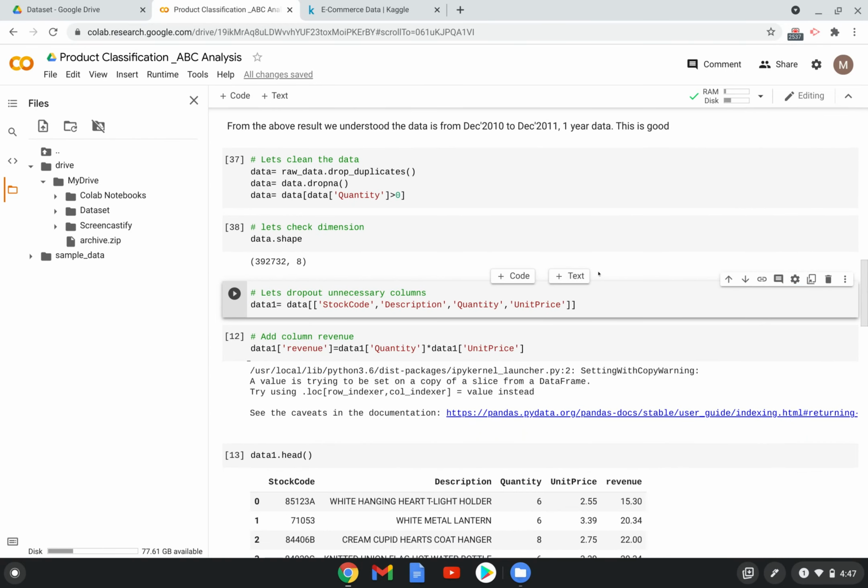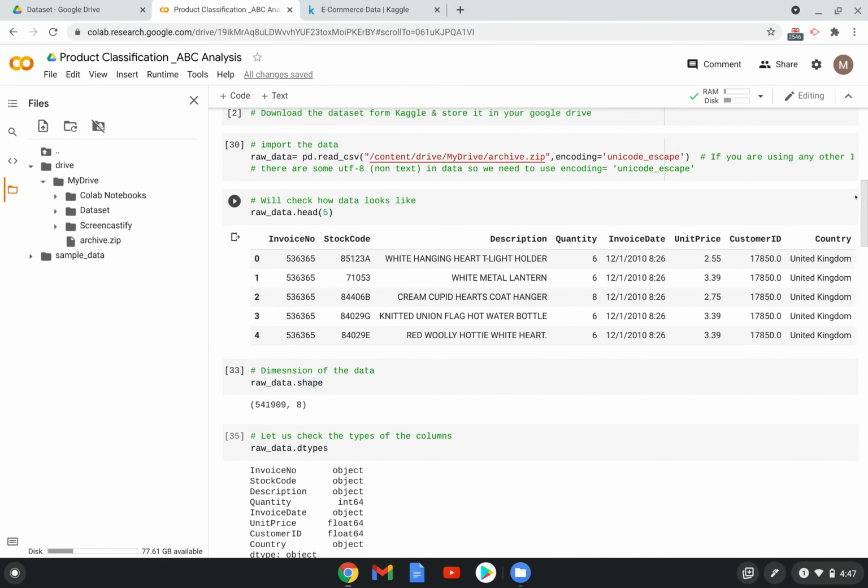Okay. Then to do ABC classification, we don't need all these columns.